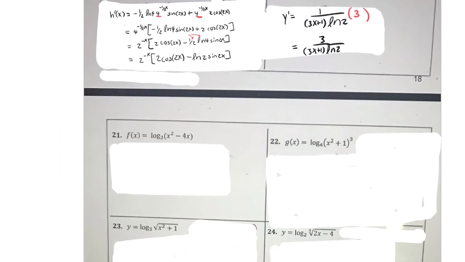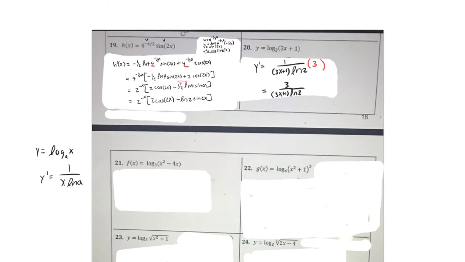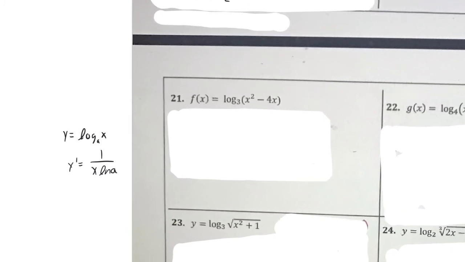Looking at the bottom, it would be a matter of relying on the exact same structure, and that structure is here, right? So if we were to use that, we'd be dealing with f prime of x is equal to 1 over x squared minus 4x in this case times ln of 3, but it is a chain rule, so we'd have to multiply that by the derivative of x squared minus 4x, which is